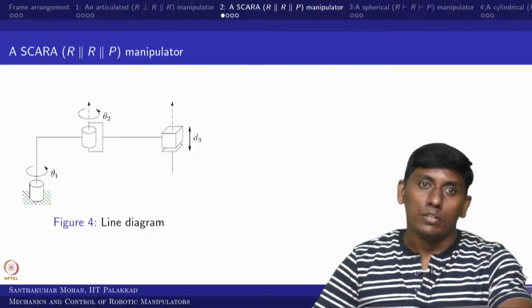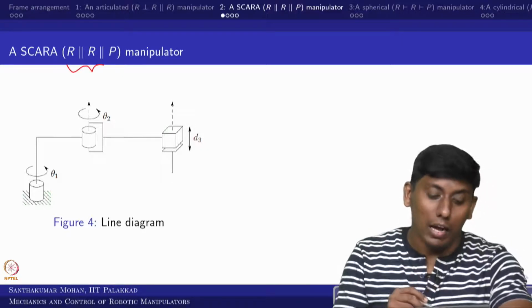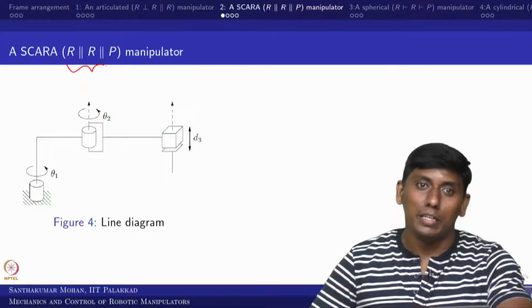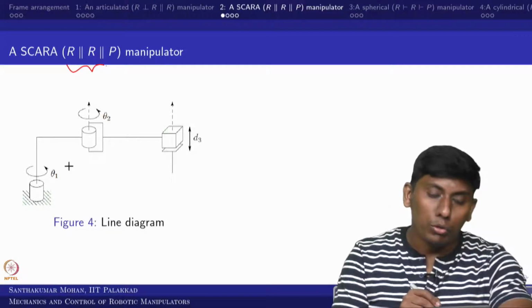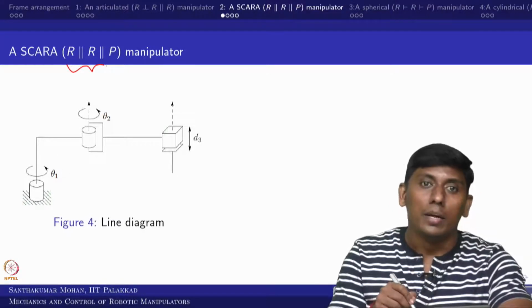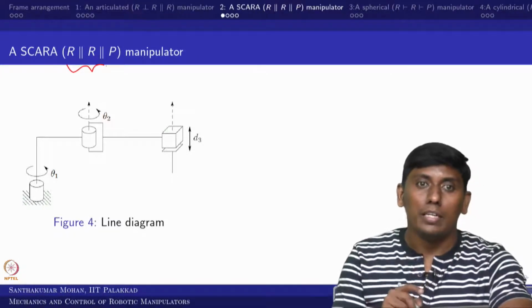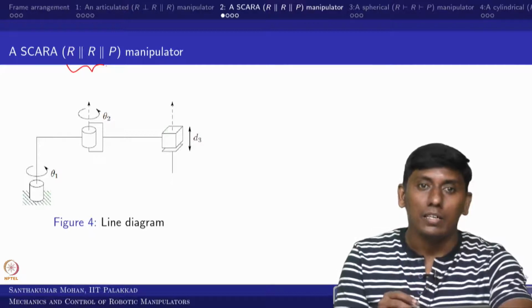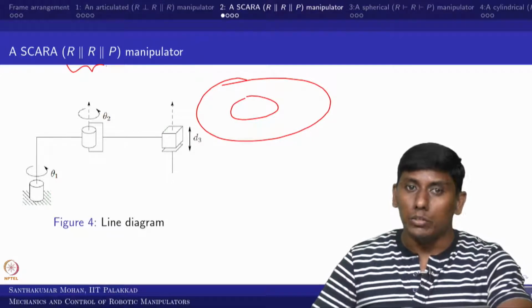So we will start with one of the classical examples, two revolute joints that are parallel and one prismatic joint, also parallel. Now a question may come: what would be the nature of this? This is also going to sweep a volume, because it rotates in a plane but also moves up and down. What we did in the articulated case is very similar, but here the workspace would be more like a donut. It is not really a donut, it is something like a hollow cylinder, obtainable based on the limits.